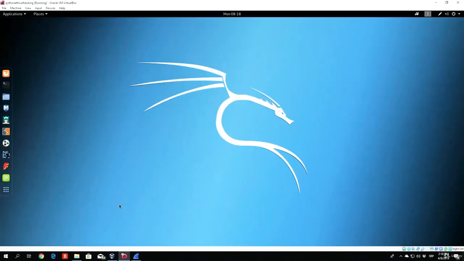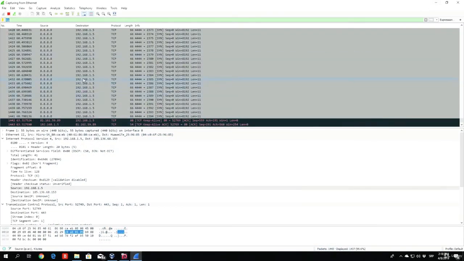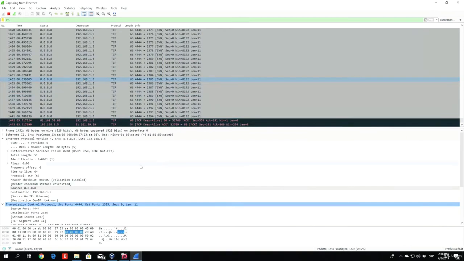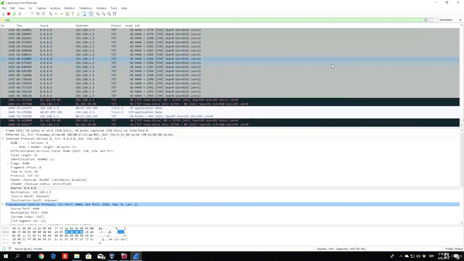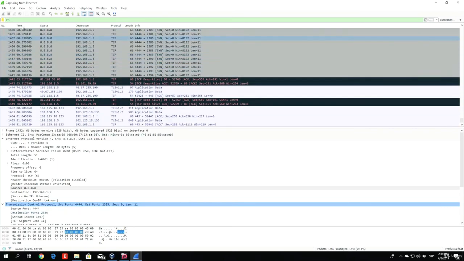Let us exit this. Let us go to our Wireshark. We can inspect some of the packets. As we can see, the actual source port is the 4444. The destination port is the port on our Windows 10 PC. So I believe the next packet will have the destination port of the actual, let me just close this, of